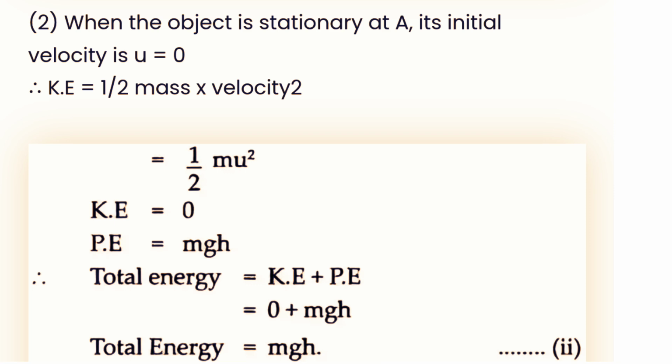2. When the object is stationary at A, its initial velocity is u equals 0. Therefore, KE equals 1/2 times mass times velocity squared equals 1/2 m times 0 squared. KE equals 0. PE equals mgh. Therefore, total energy equals KE plus PE equals 0 plus mgh. Total energy equals mgh. (ii)